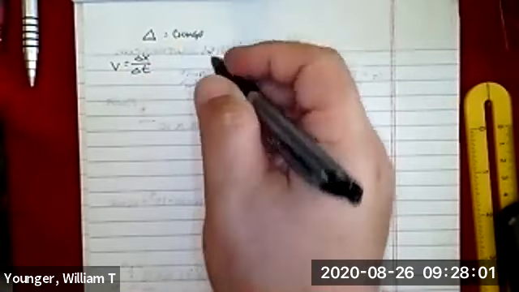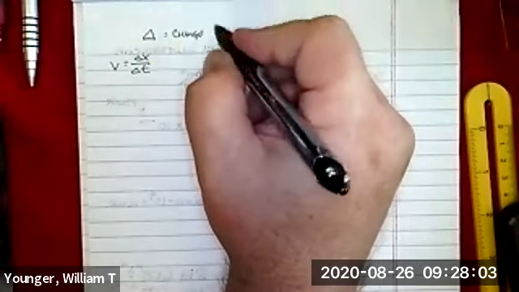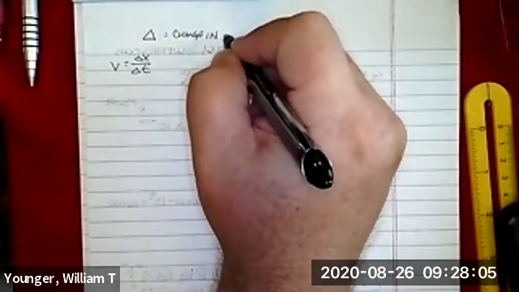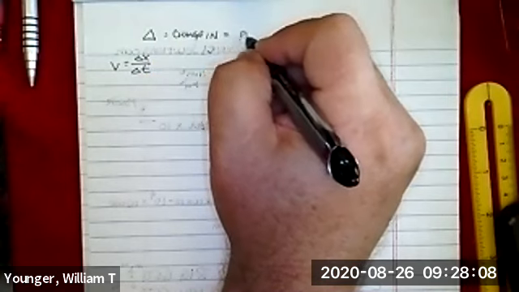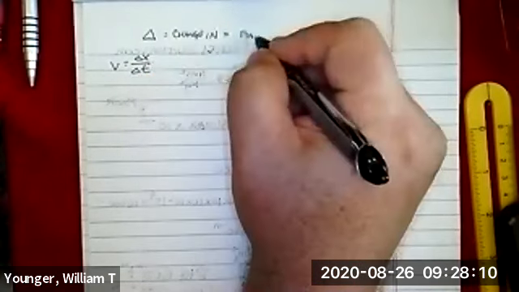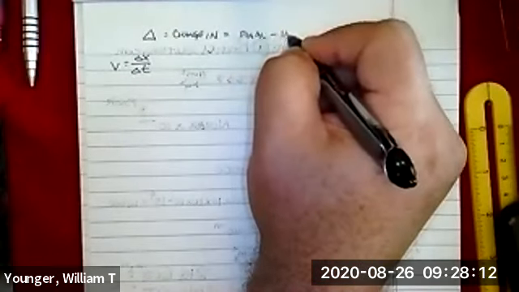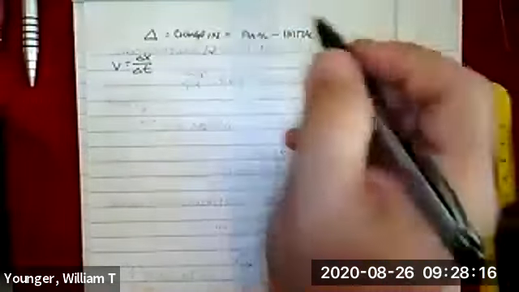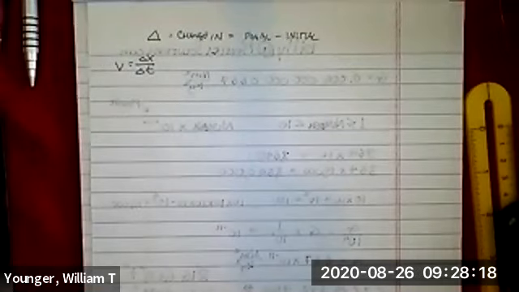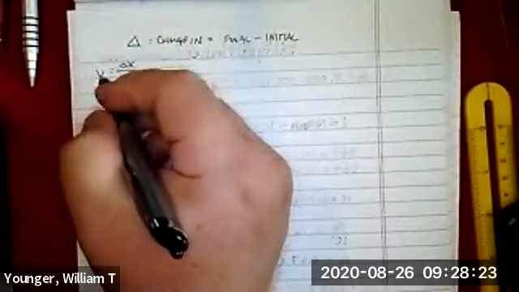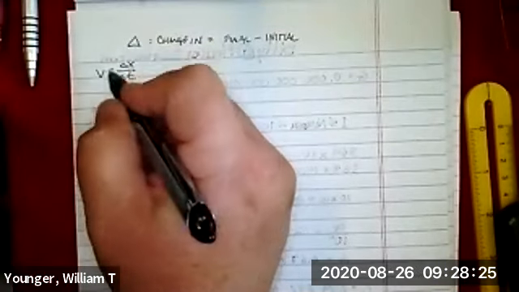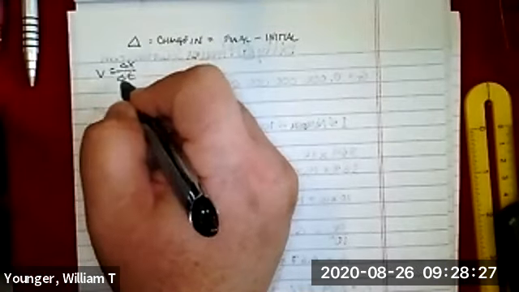That's so in physics and chemistry and virtually every science. It's understood to mean final value of, say, x minus initial value of x. Okay, so whenever you see a delta, in all your science classes, that should mean change in. So in this case, the velocity based on our speedometer should be change in position over change in time, or